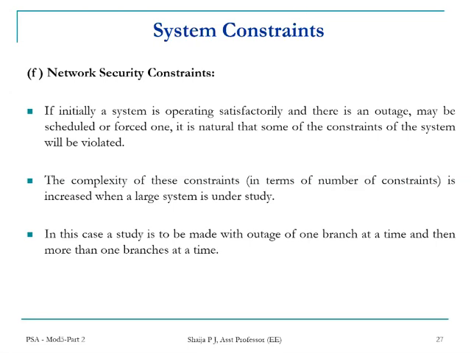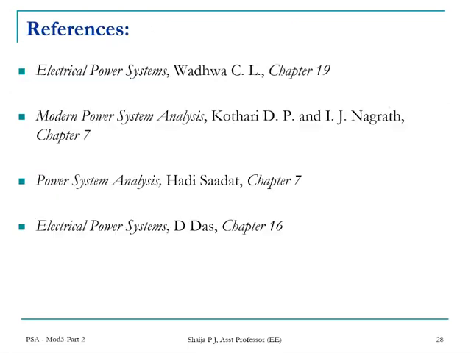So with this, we can conclude the system constraints topic. In today's session, we have covered the economic operation considering the transmission line losses. In that, again, two methods, which are some sort of format change in the equations: one is called the coordination equation, and the second is called the penalty factor method, which we had discussed. Then we moved on to the system constraints. We discussed what the system constraints are.